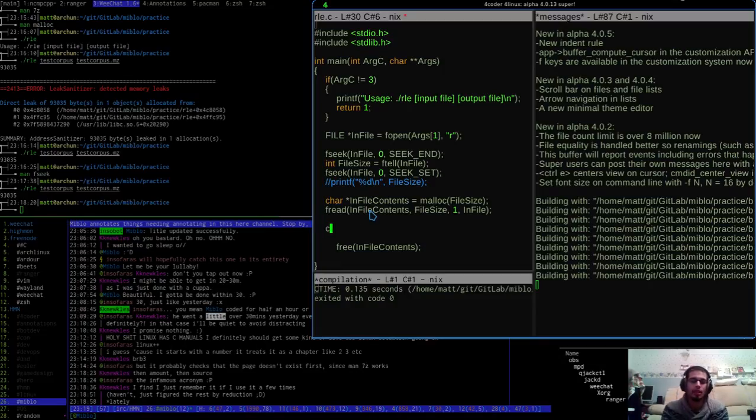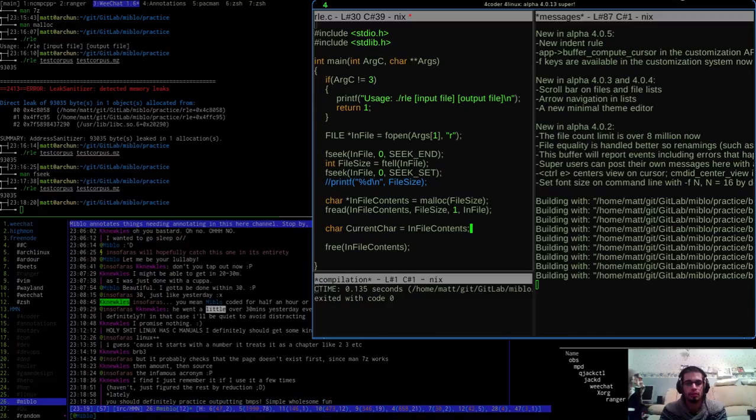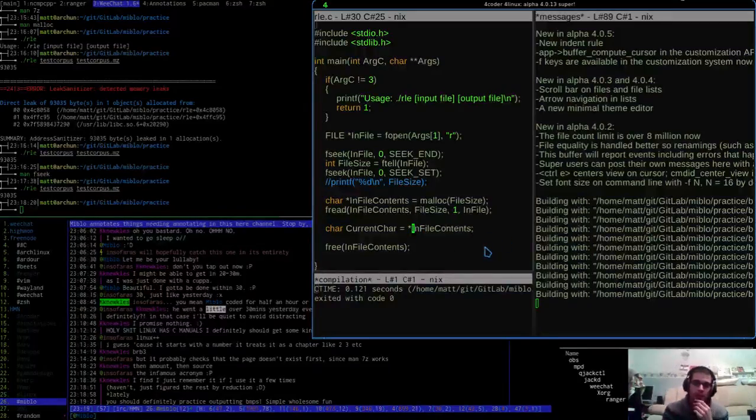So let's see, right? Let's do current char is going to be equal to. Let me just see if I can do this. No. Can I do this? I can do that. So that means the first element in the infile contents array, if you like.